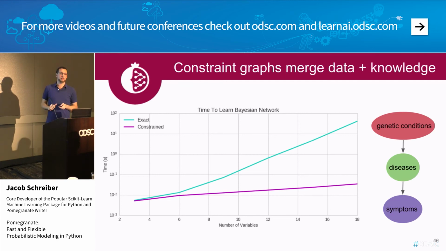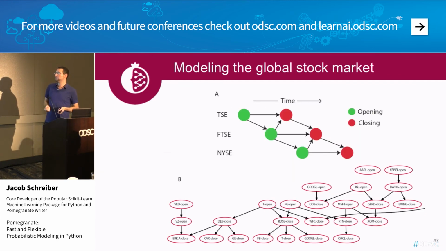So, of course, I did what anyone does when they develop some new machine learning technique, and I tried to make money off of it. So I attempted to model the global stock market. What we did here is we looked at 3 markets: the Tokyo Stock Exchange, the Financial Times Stock Exchange in London, and the New York Stock Exchange. We looked at the opening and closing prices of these, but binarized to see whether or not it was an improvement versus the last price we saw.